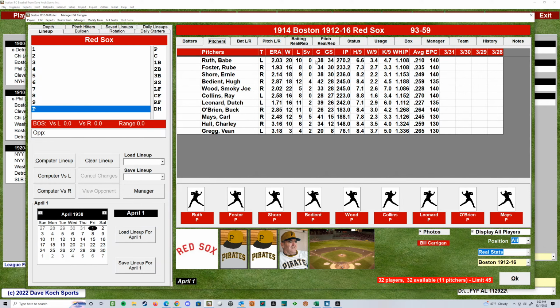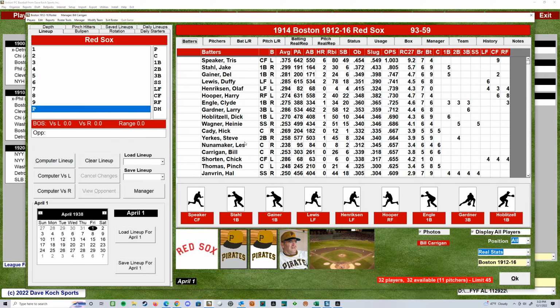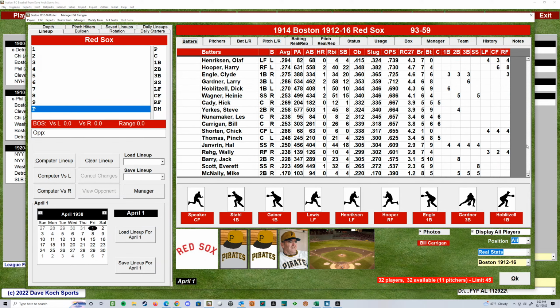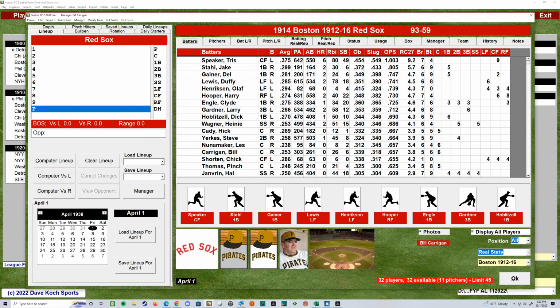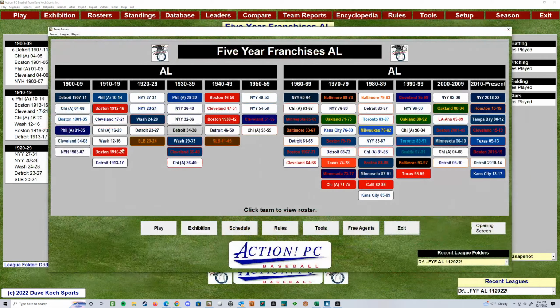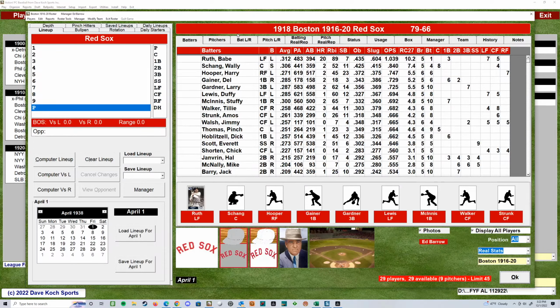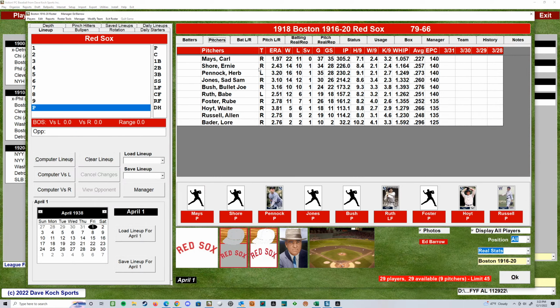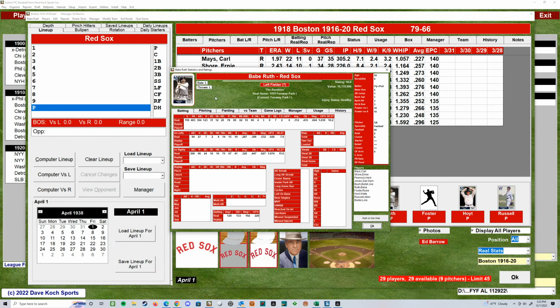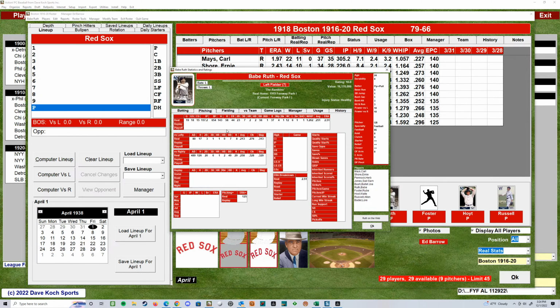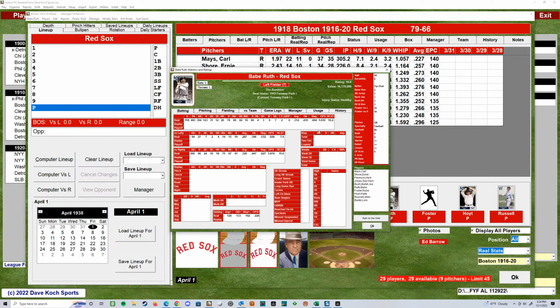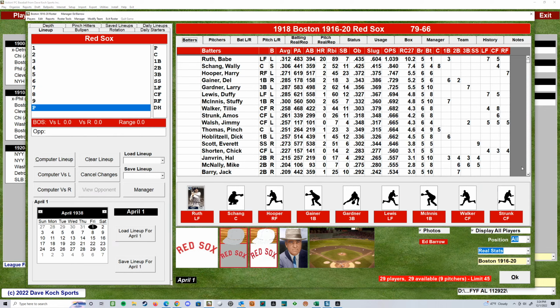So you got Babe Ruth that can pitch on there and all that good stuff. And he was pretty much just a pitcher, right? He wasn't doing double duty. So I went ahead and did a 16 to 20 team, and I went with Ruth's later years. So you've got Ruth that can pitch right here, right? He's going to pitch 19 games, started 16, but now he's playing more of a role, playing the field and batting, right? He's got 20 homers and 394 at bats. So you can see as a batter, you got more options with him out here.